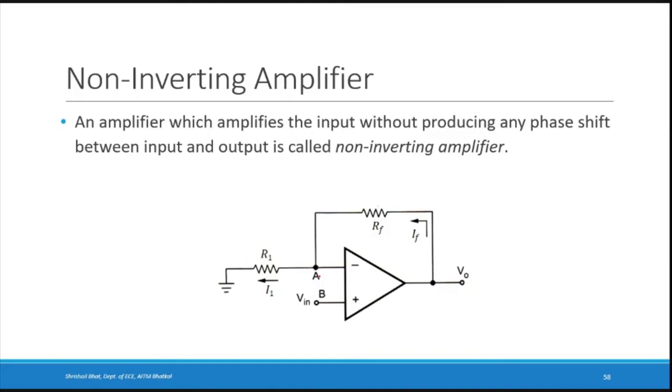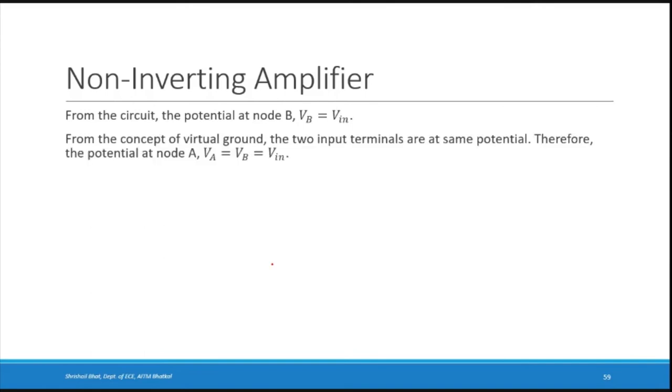What are the currents? I1 and IF. This is a resistance R1. I1 is the current through R1. This is the path. Since here there is ground, the direction of the current is this way, from A into ground. So what is I1? It is the voltage across R1 divided by resistance R1. What is the voltage across R1? It is VA minus 0, since here there is ground, and the resistance is R1. So I1 is VA minus 0 divided by R1.